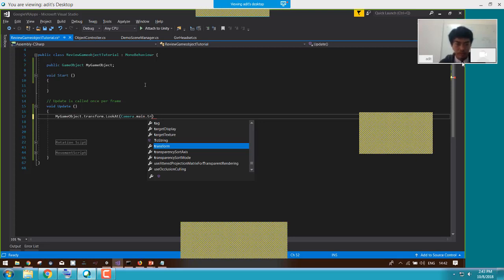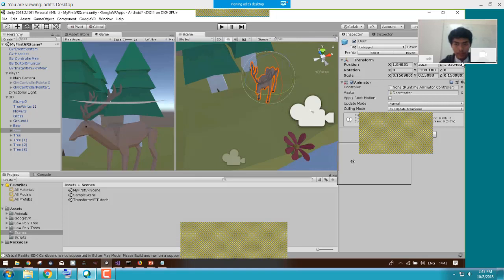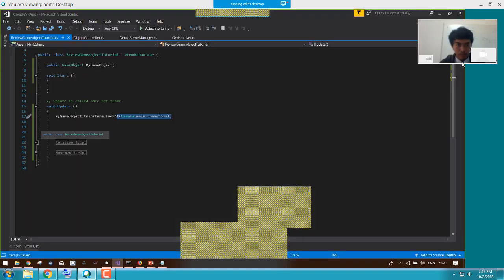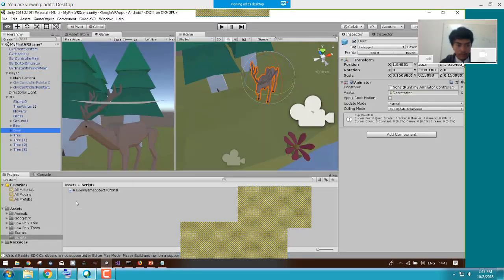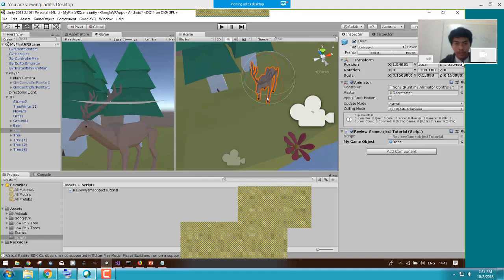So when we input this one, we can press save. And let's give it to our deer. So here's our script. Let's drag and drop it to our deer. And my game objects is our deer, so let's just drag and drop our deer into it. And when we press play,